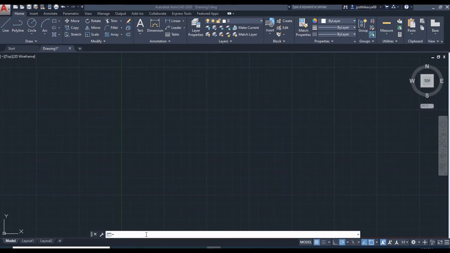You have to type limits in command prompt. Now you can see it is asking you to specify the lower left corner, this corner right here. By default it is taking as 0 feet comma 0 feet, right? So we intend to keep it the same way, so we'll press enter. Now it is asking us to specify the upper right corner, this corner right here. So the default